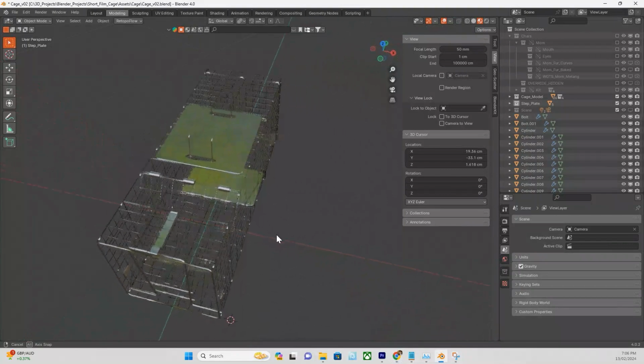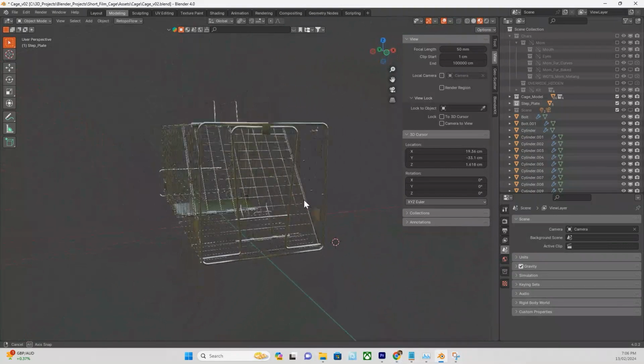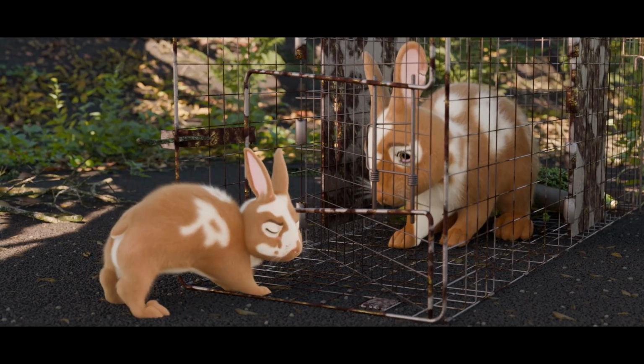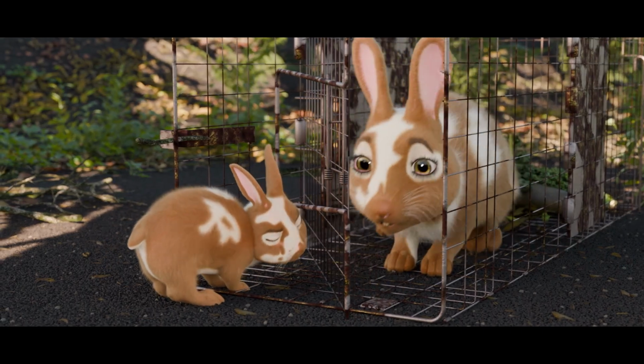I created a high density, medium density, and low density dirt scatter system for areas that are closer and further away from the camera. I modeled the cage from online reference, making sure that all the mechanisms were fitting together so that the door could open and close realistically. And now, I was ready to start animating.